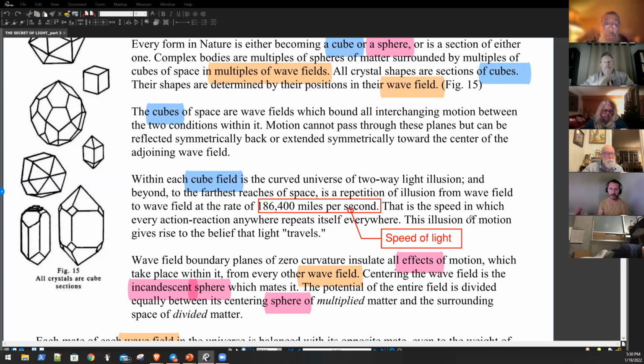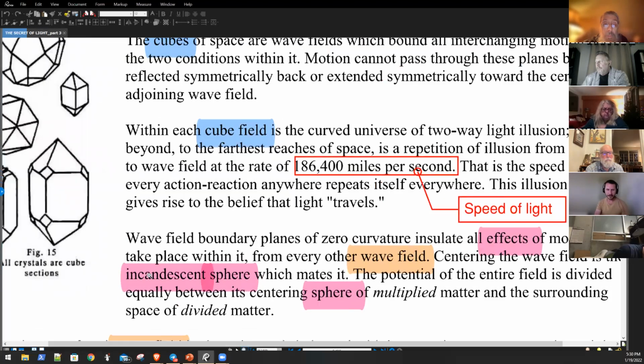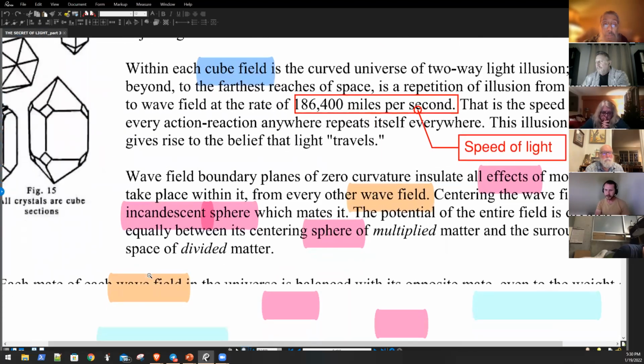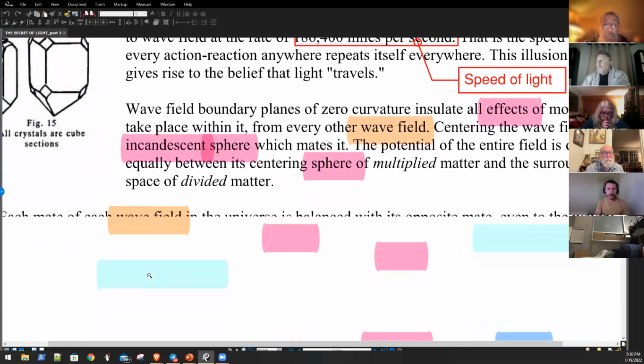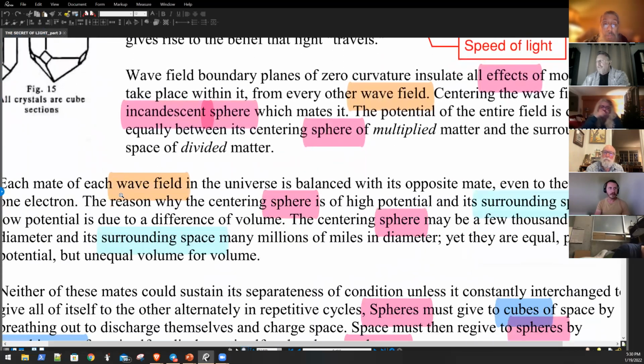So what phase of the wave those are in will determine their shape, where they are on that wave cycle. So again, each mate of each wave field, multiple waves in the universe, is balanced with its opposite mate,